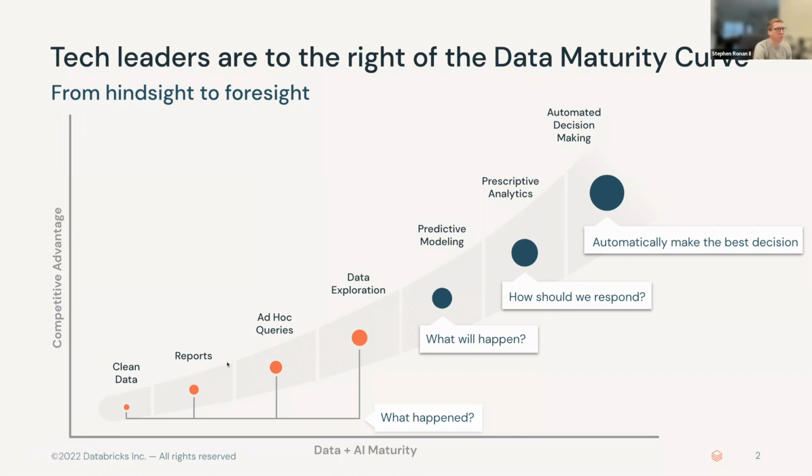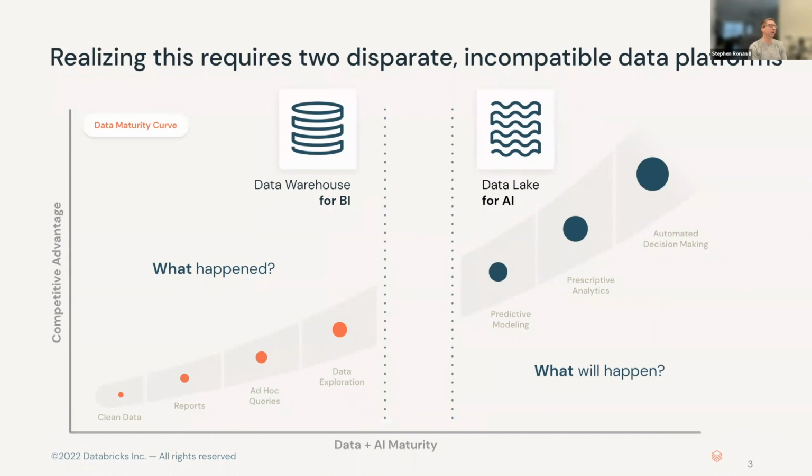So what does this mean? Well, a couple of things. We talked about this piece in the orange: when you're making ad hoc queries and doing data exploration, that's all looking in the rearview mirror. That's all, hey, what has happened? And then we get to the machine learning stuff, which is looking out through the windshield at what's going to happen. The problem is, as you can see from this delineation, that traditionally you need a data warehouse to